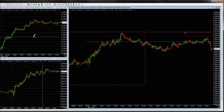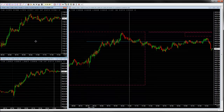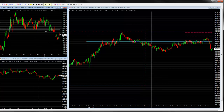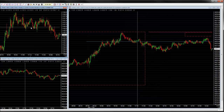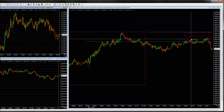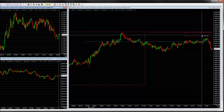Today was a great example of it. You can see other markets. Let me just slide them along. They're not pushing up. Have a look at them. They're not showing any sign of heading up. In fact, they're showing signs of going backwards. So we can see that. So we're looking for sell opportunities to sell in at the top of basically this little move,